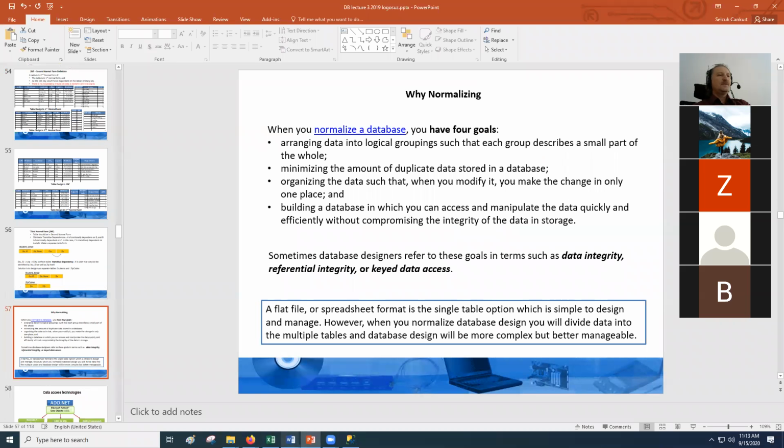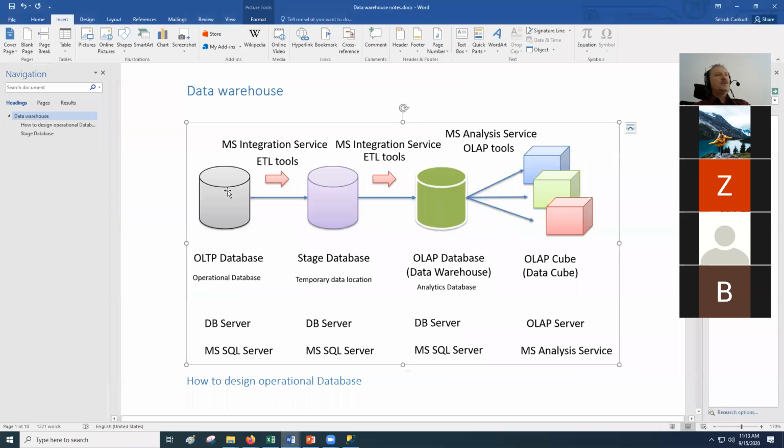So don't forget this one. This is a normalized database. This is a non-normalized database system. You don't know how to make this one yet, but we will learn it. This means from now on you can know this data is optimized to use less space in memory. But this data is not optimized to use less space. It is optimized